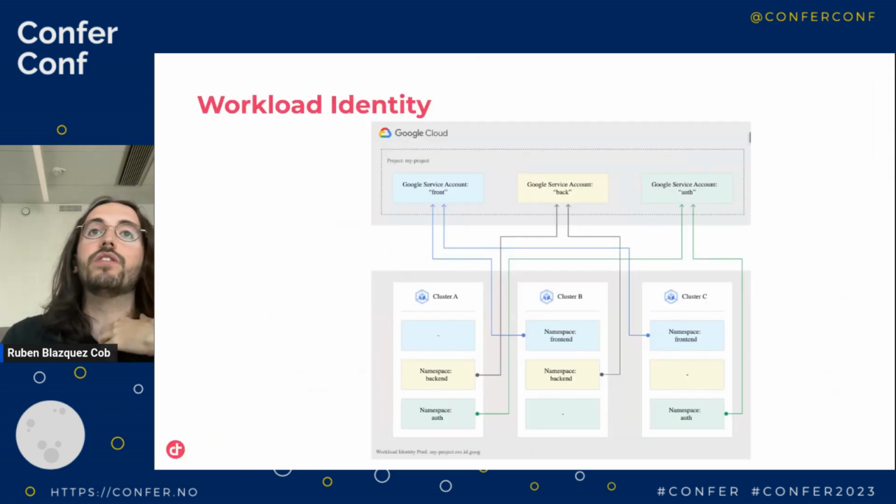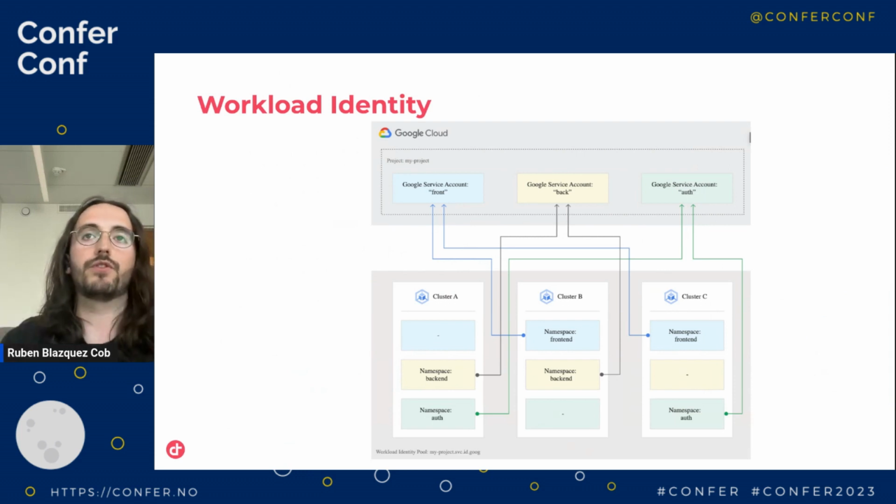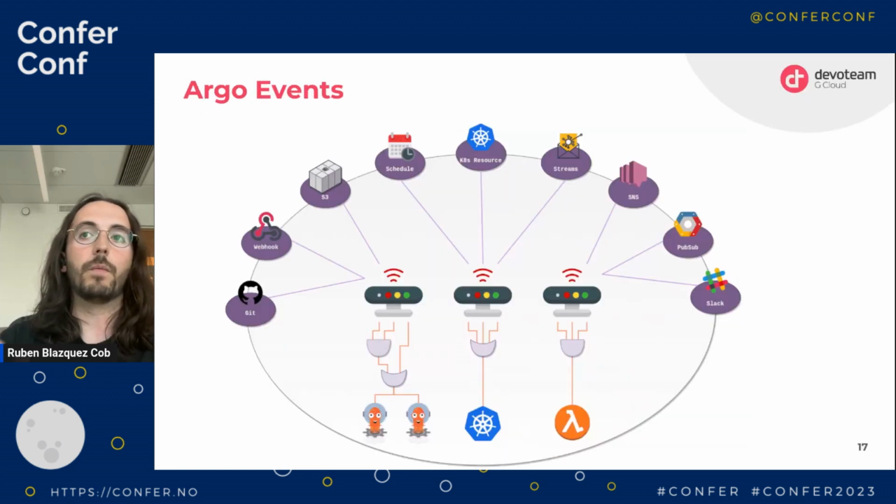Now, we're doing this with workload identity, which I'm not going to go super in depth on, but basically, whenever you're working with Google Cloud and Kubernetes, using workload identity is the best, most secure way to connect to other services. So now, I'm going to show really quickly a demo that's going to be